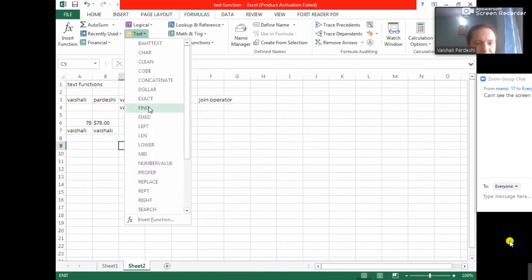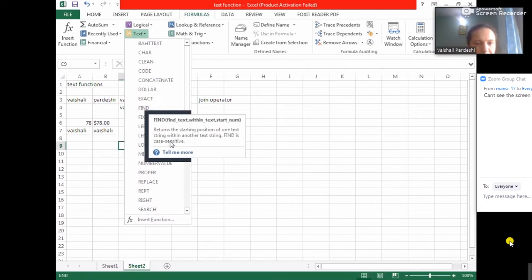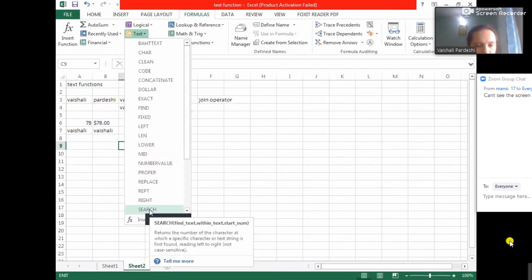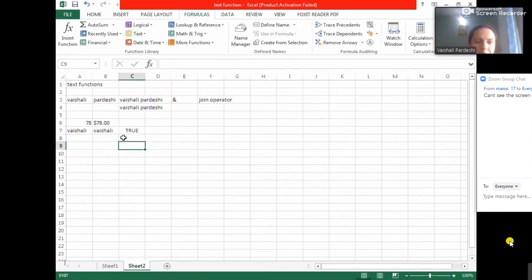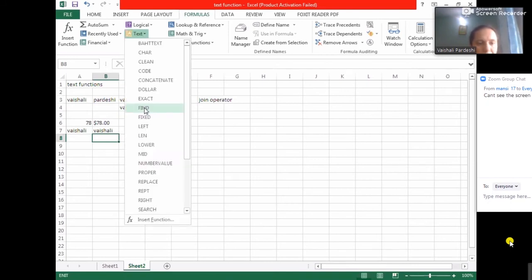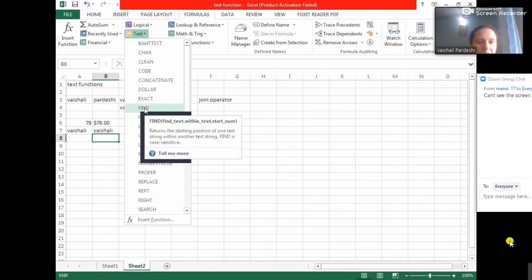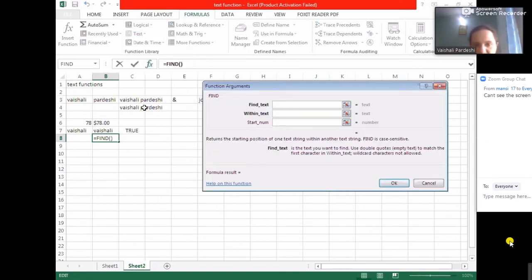Now if you use find, what would be the problem? It is case sensitive. So if you write capital S and small s, then it will not find. And if you are sure that the text is capital or small, then you can use search. Anyways, first we will try to use the find function. Now let us understand what parameters go in the find function. This is a very useful function. Sometimes people find it complicated, but it is not once you understand it.